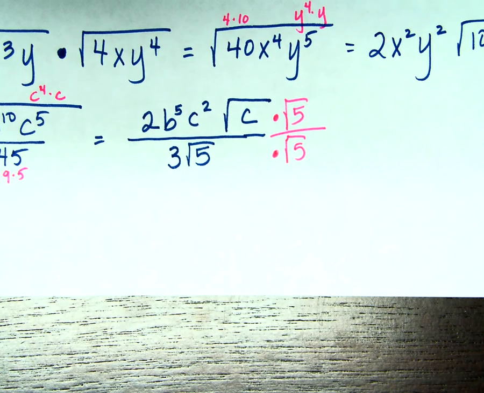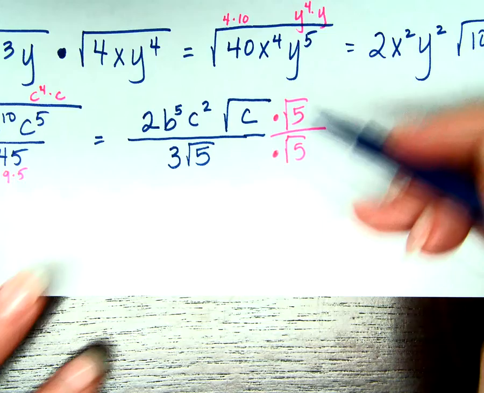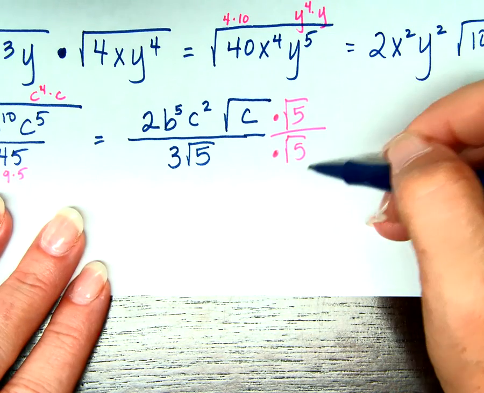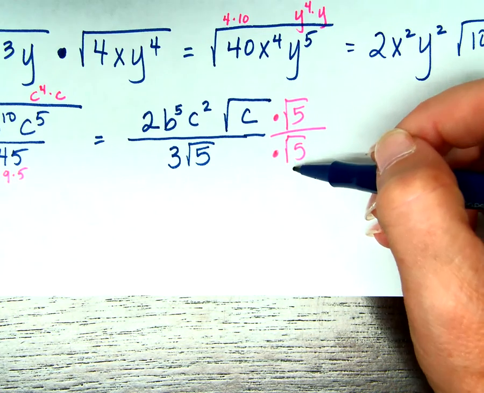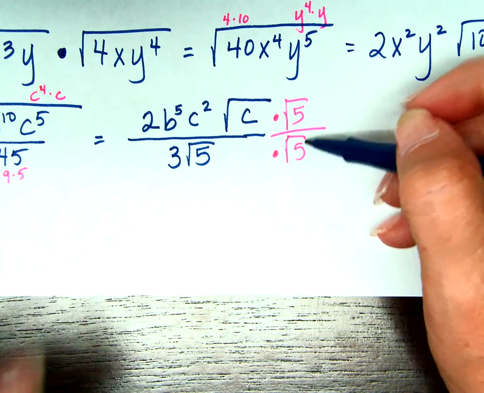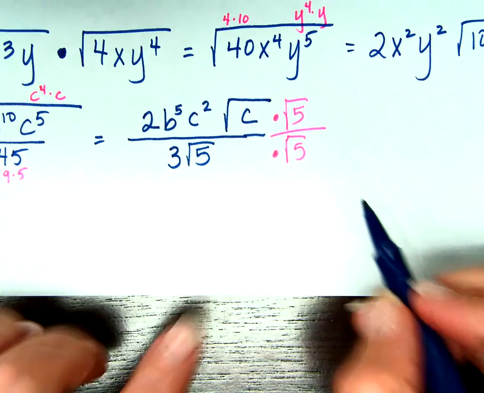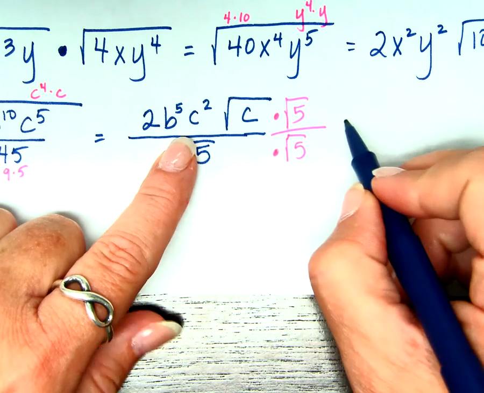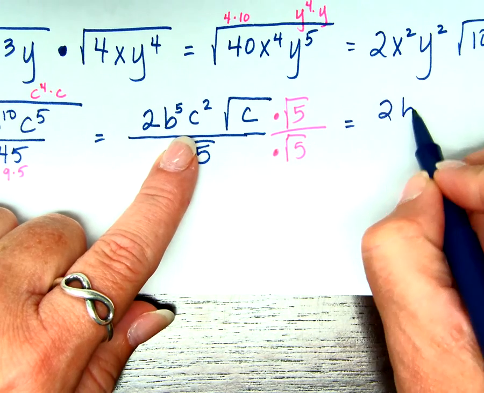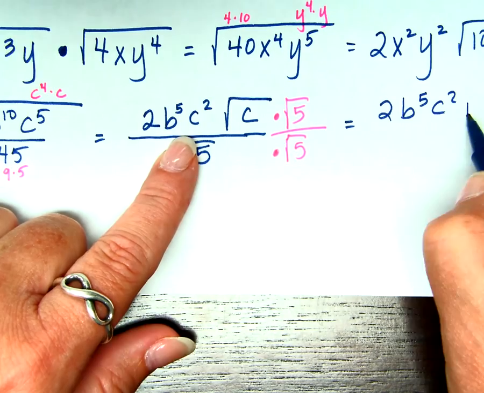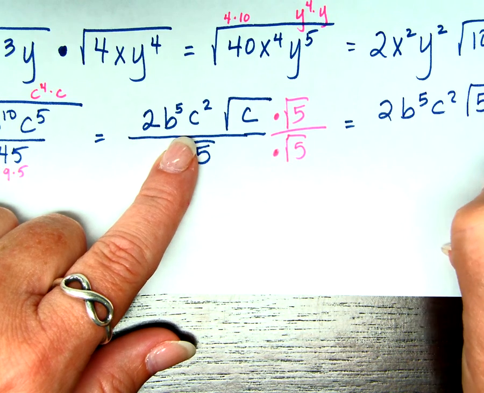Whatever the radical that's down there, I multiply top and bottom by that number. So I'm going to multiply the top by the square root of 5 and the bottom by the square root of 5. And the reason I'm going to do that is, what is the square root of 5 over the square root of 5? Anything over itself is just 1, right? So if I'm multiplying by 1, I'm not changing the value of the expression. Multiplying by the square root of 5 in the numerator, I get 2b to the 5th c times the square root of 5c